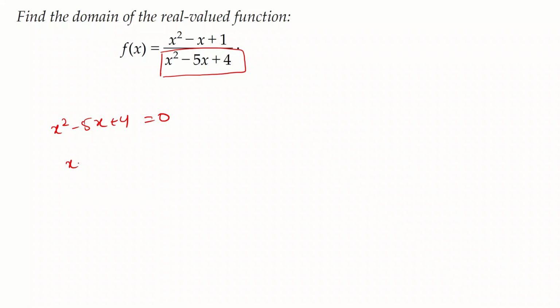So we just factorize it. x squared minus 4x minus x plus 4 is equal to 0. (x minus 4)(x minus 1) is equal to 0. x is equal to 4, 1. So we see that when x is equal to 4 or 1, then the denominator is actually 0. So the domain